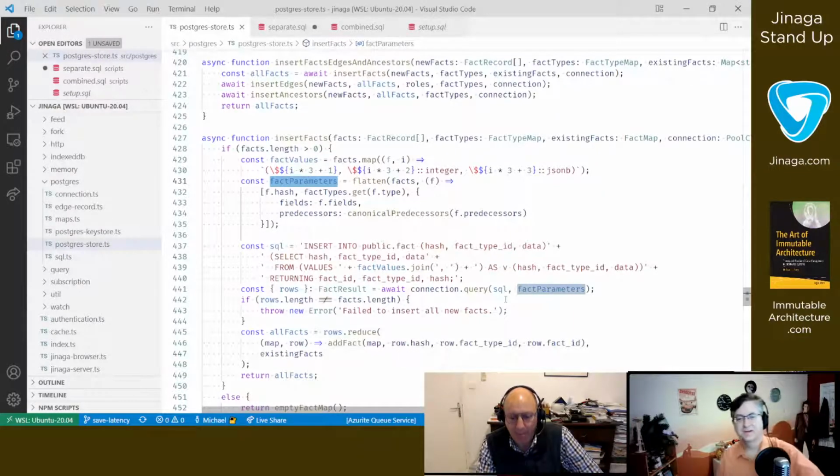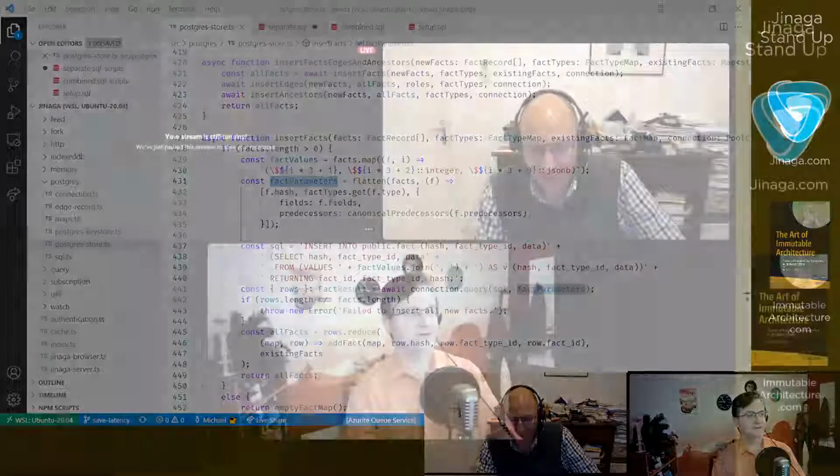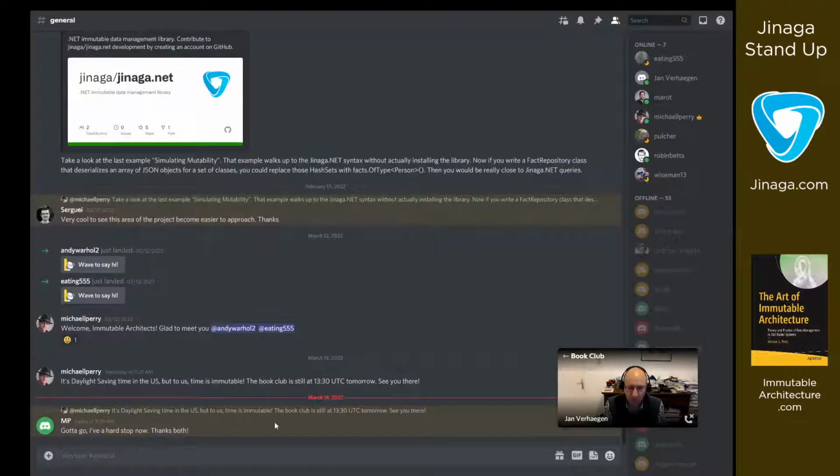Yep. Exactly. Great. That's another problem solved then. Yep. So that should get us to a point where we have less than a second for saving a fact using the managed Postgres server.